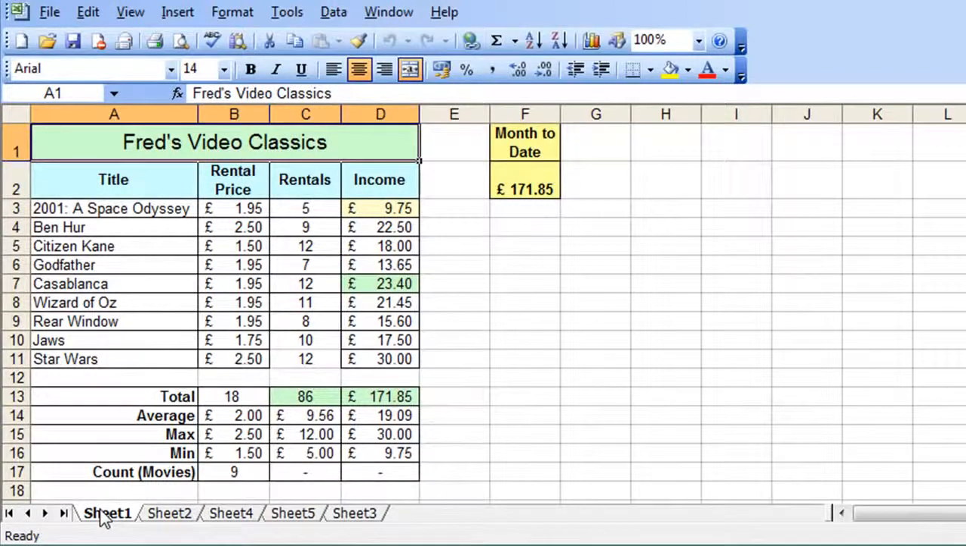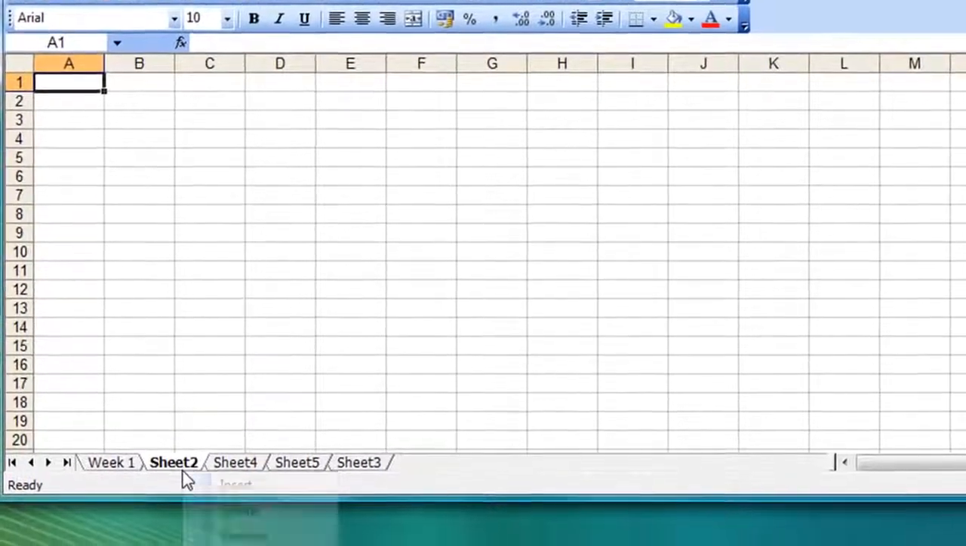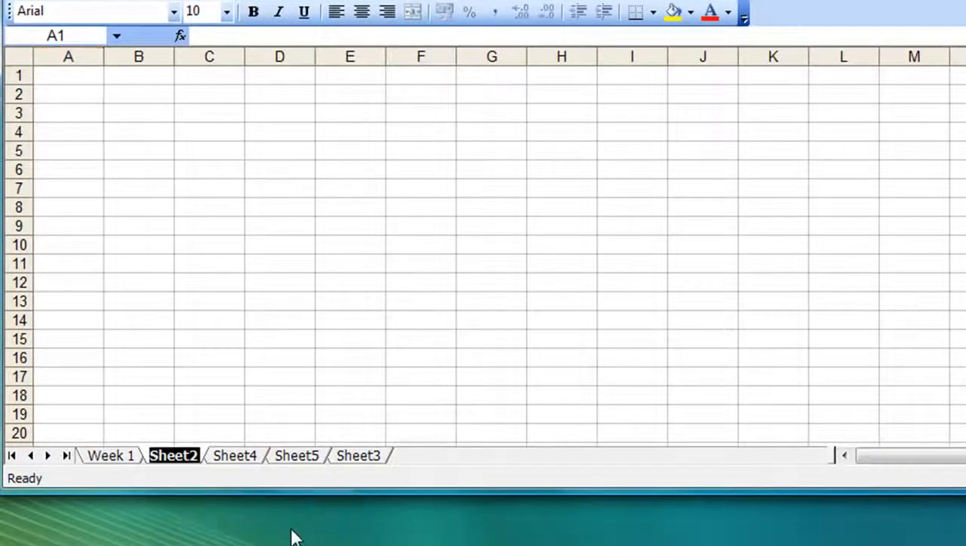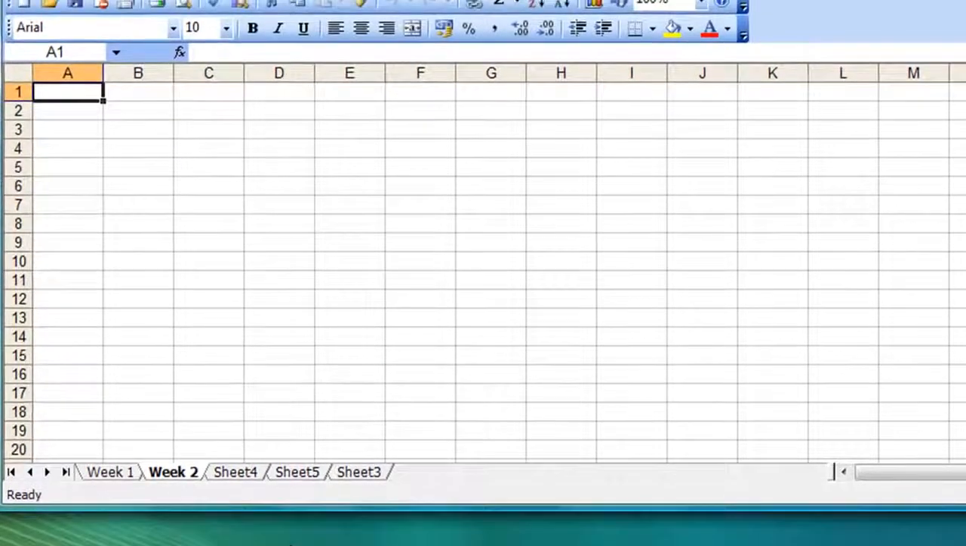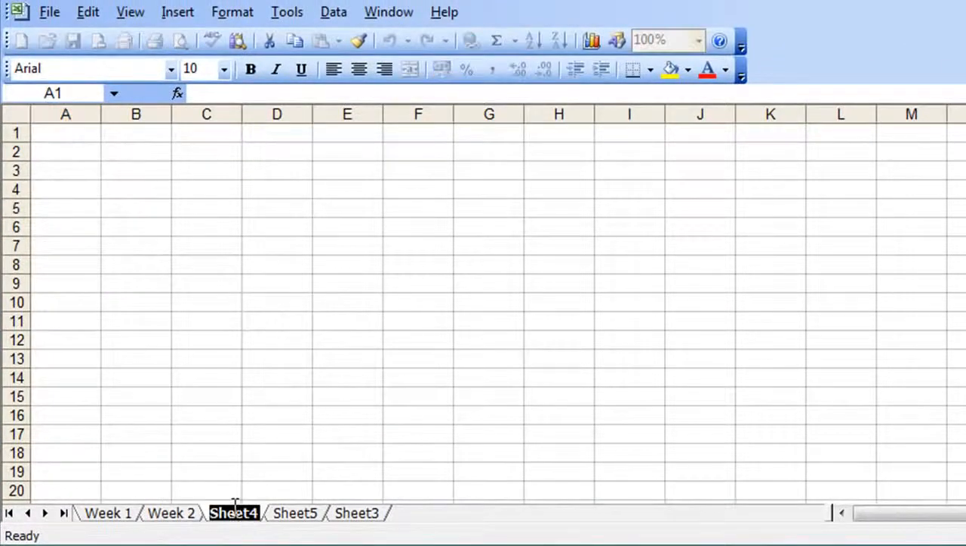The next step is to rename these so they make more sense, so anybody looking at the tabs can see what they actually refer to. Sheet 1 I'm going to change by double clicking and typing Week 1 and then pressing Enter. Sheet 2, I'm going to right click and choose Rename. That's an alternative way of doing it, and type in Week 2, press Enter. Sheet 4, I'm going to double click because I think that's the quickest way. So Week 3. Sheet 5 I'm going to rename to Week 4,